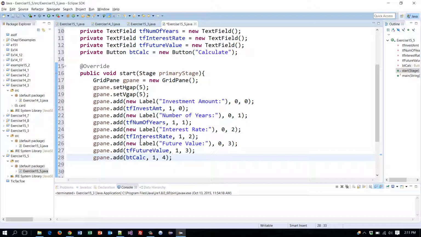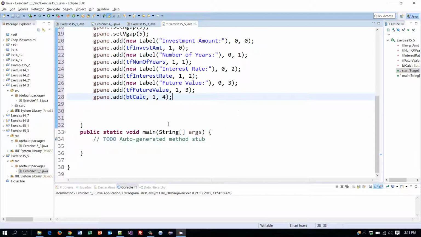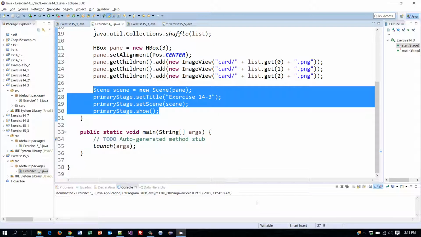Okay, so that creates our layout. Now, of course, I'm tempted right away to go ahead and see it up on the screen. So what I'm going to do is I'm actually going to switch to one of my other applications here. I'm just going to grab this stuff,